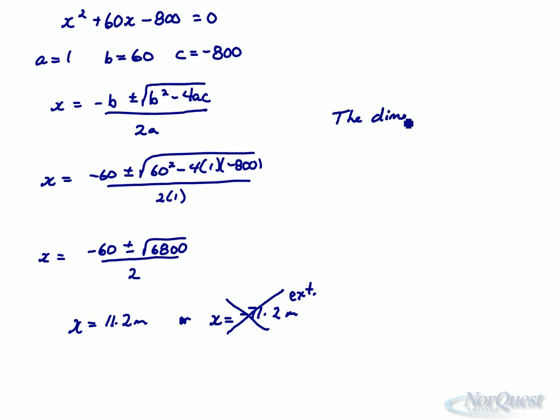The dimensions will increase by 11.2 meters. And you could definitely punch that in. Now it won't give you an exact value, but you could go 40 plus 11.2. If you wanted to just check, 40 plus 11.2 gives you one of the dimensions as 51.2. 20 plus 11.2 gives you 31.2. So 51.2 times 31.2 gave me